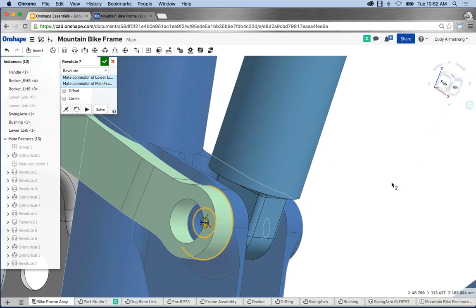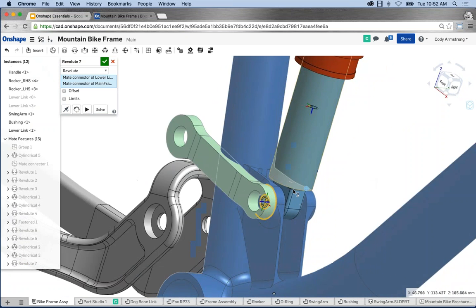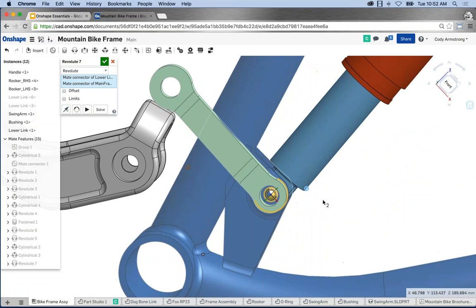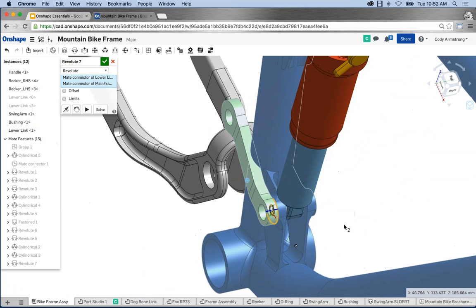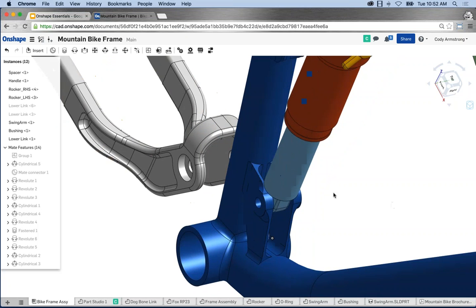The key thing is the mate type defines the degrees of freedom. So in this case, I have this Revolute mate, right? And I can hit play and see the degrees of freedom that it has. You also have options to flip the alignment, which will reverse the direction of the mate, built right into it. So just going back real quickly here,